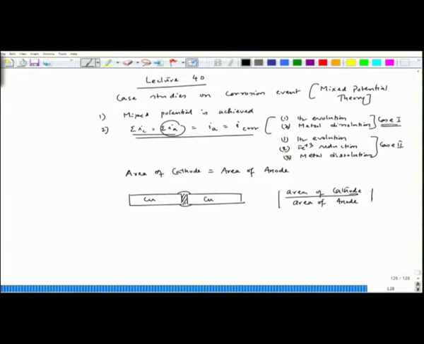So, if this goes up, I could see the rate of corrosion of active component